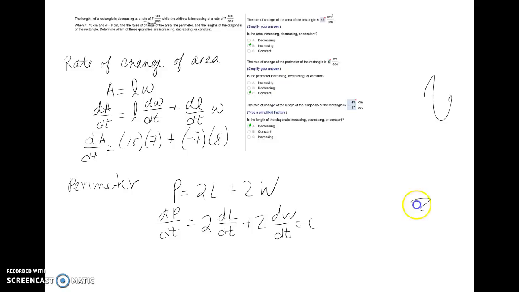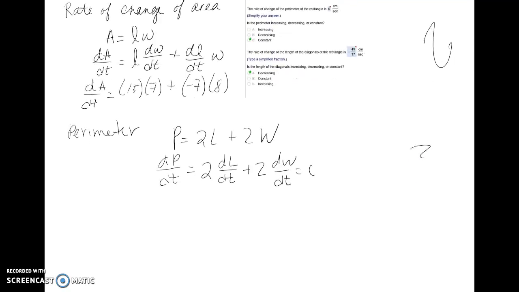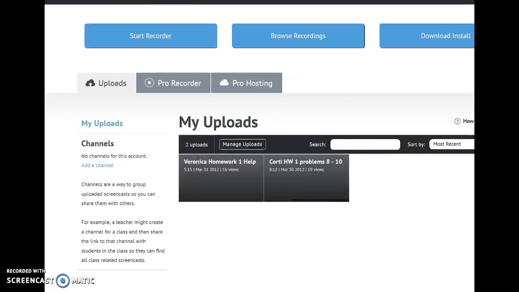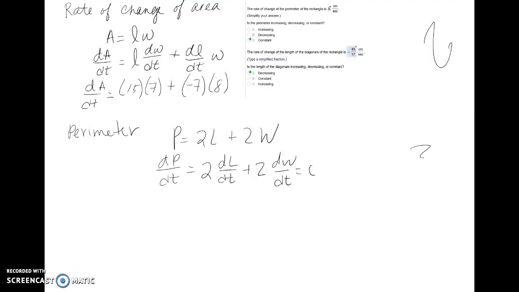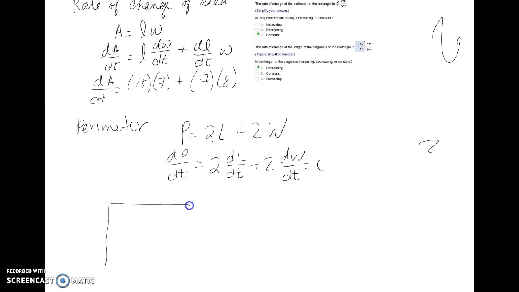So then for the last part, for the length of the diagonals, if we have our length and our width, the diagonal forms a right triangle. So we'd have L squared